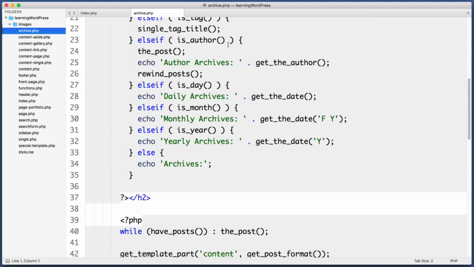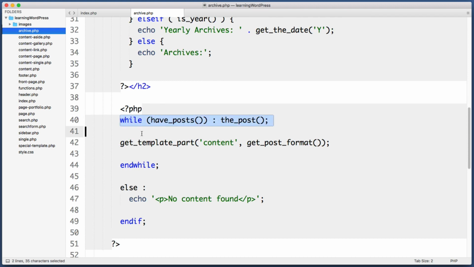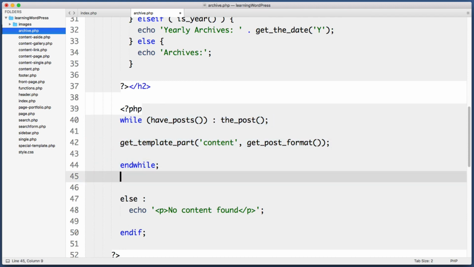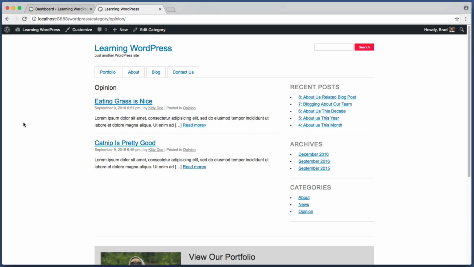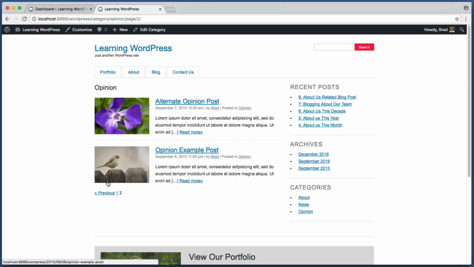So let's scroll down. And right after this while loop ends, we can just once again echo out paginate links. Save that, refresh this page. Perfect, and now we can see that our archive template has pagination. And before we move on to the juicy part of this video, let's also add pagination support to our search